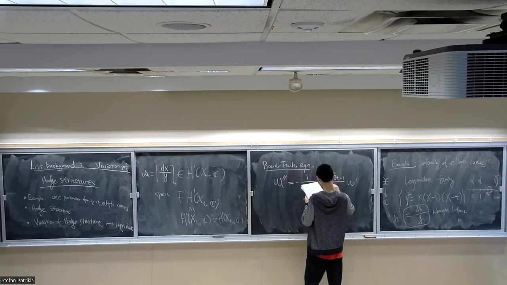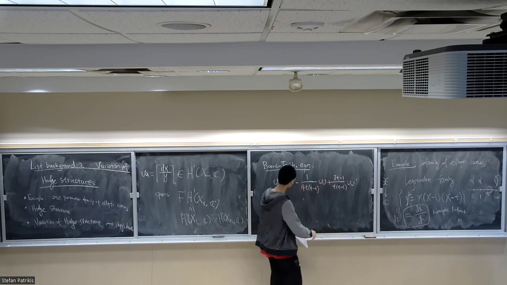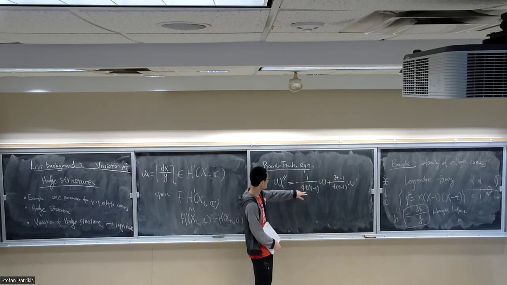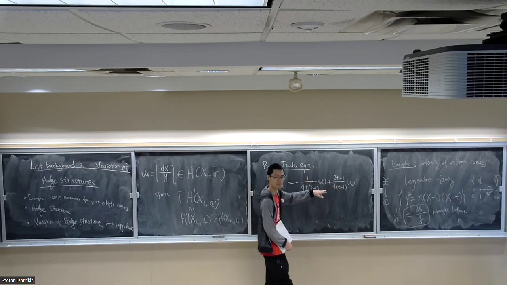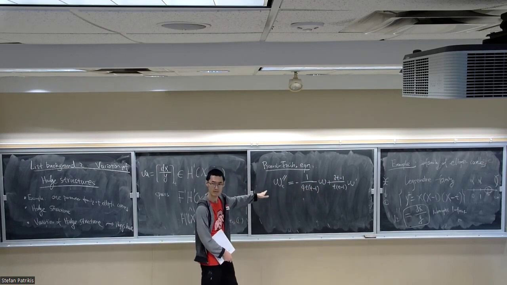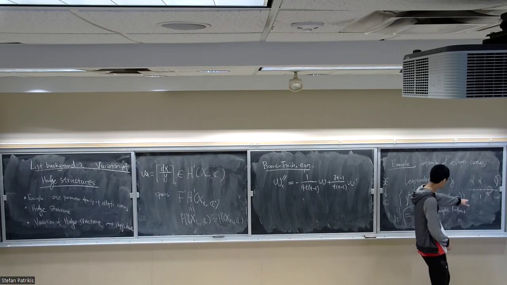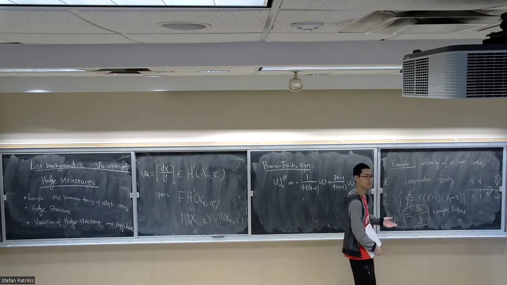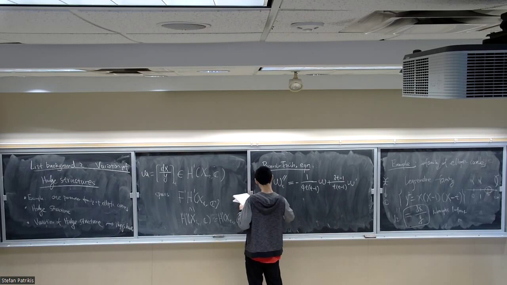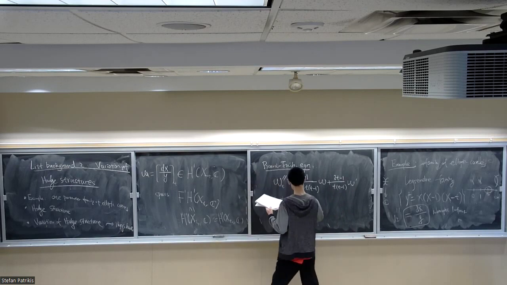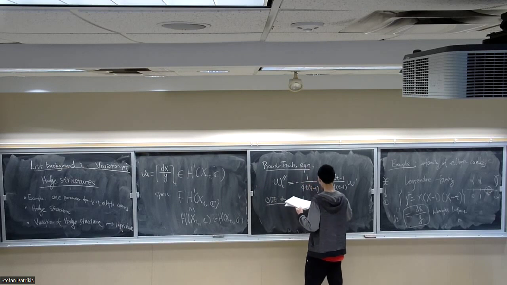2t minus 1. So the fraction part has a denominator t and t minus 1. It means that you have singularities around there, and the numerator part has 2t minus 1. I think this means that at infinity you have something funny going on. So that's exactly telling you that 1, 0, and infinity are the places you have to be careful. Locally, this solution is going to have a logarithmic pole. So by the ODE theory, locally, let's say around